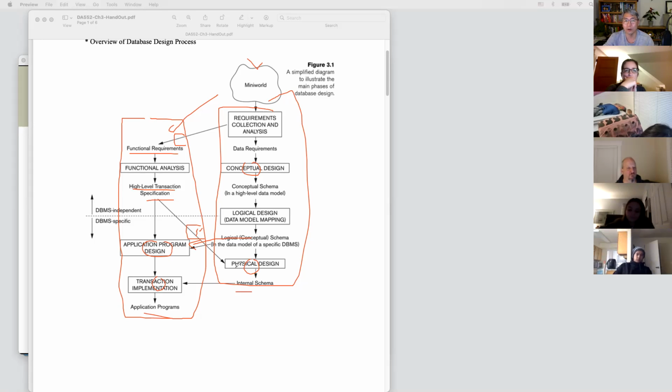So the designing process is not separated from the application program. It's very close. Sometimes it should work together with the application level design and process implementation, with the database design and implementation